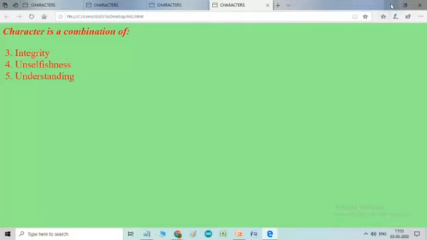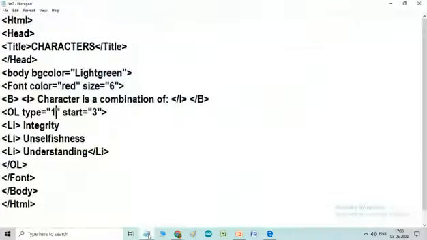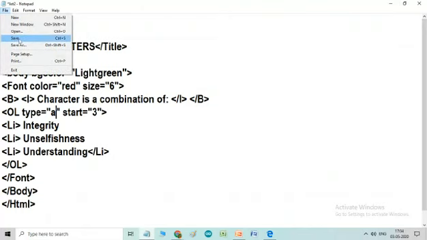Now another thing: you can do the same with the alphabet. If you want to do it with the alphabet, you can do it like this. As soon as you type A and suppose you write 3 here, so what will happen? Just see the result, then you will automatically understand.